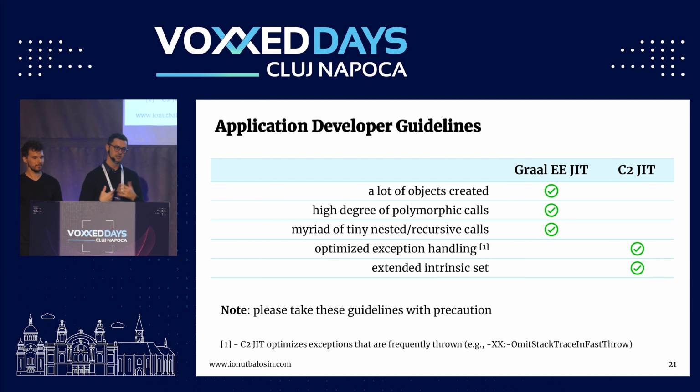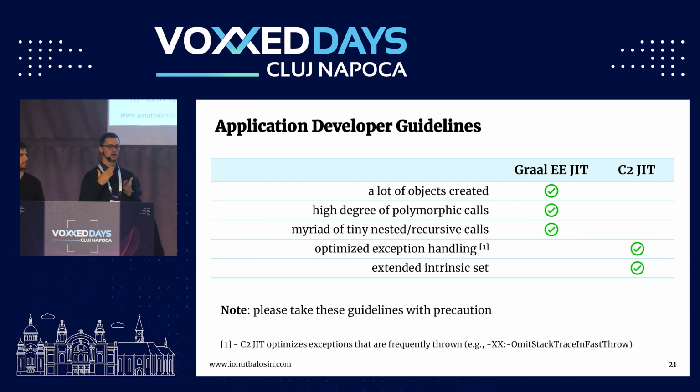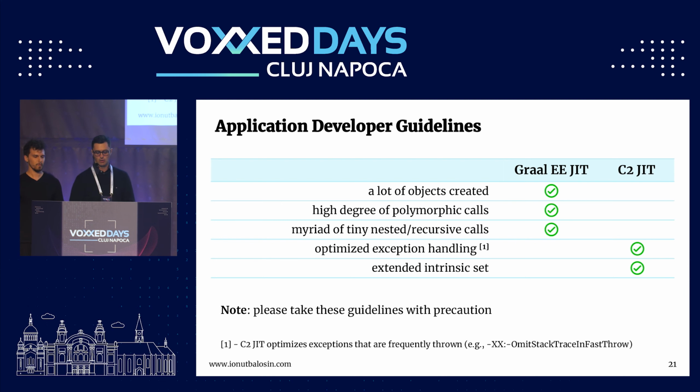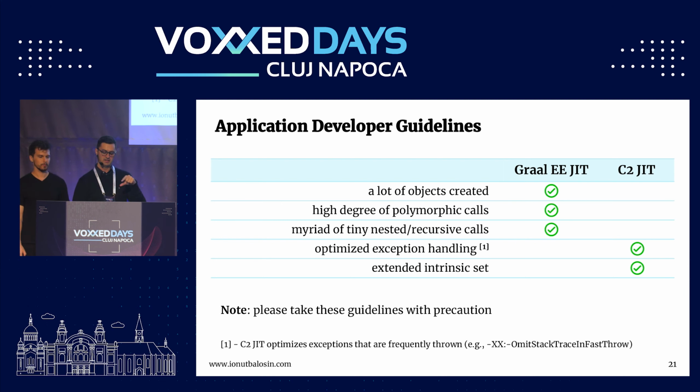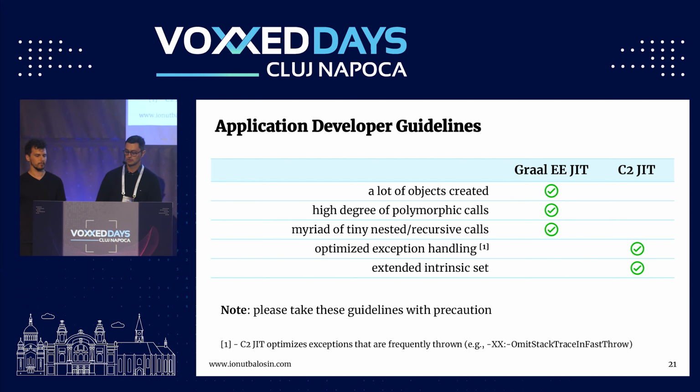For example, if you allocate a lot of objects, if you have a high degree of polymorphic calls. Polymorphic calls means calls with a lot of runtime target invocations. You have an interface with multiple implementations, so this is the case. Or if you have a lot of tiny, nasty recursive calls, for example, functional programming, all of this, Graal E is definitely better. Then C2, it's still good